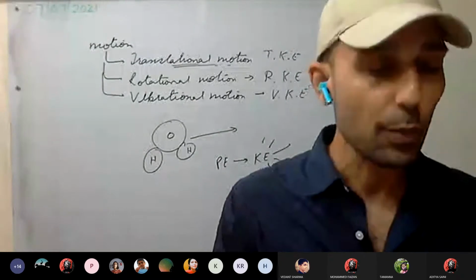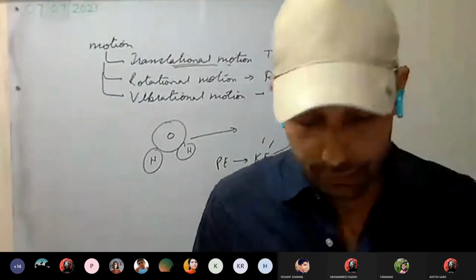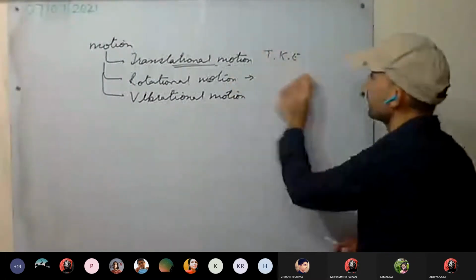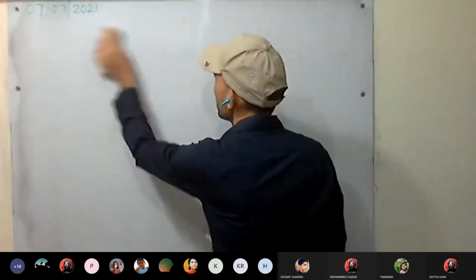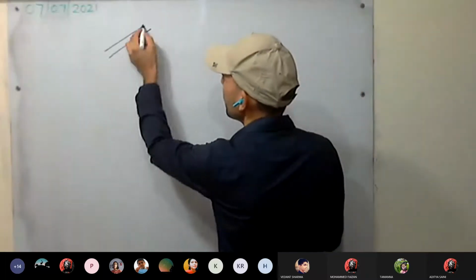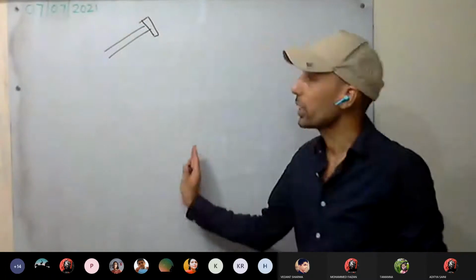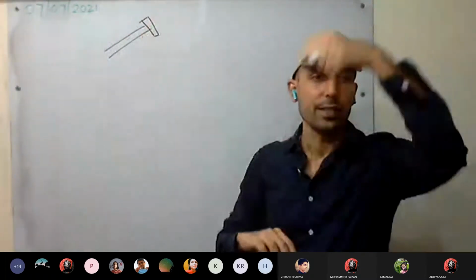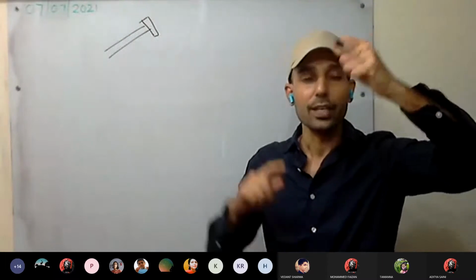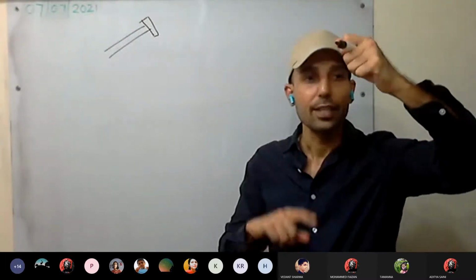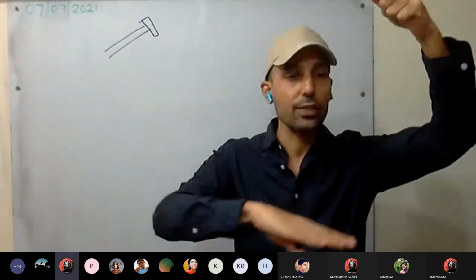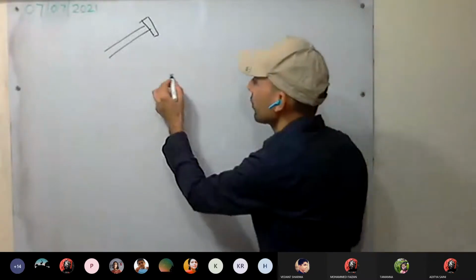Now, conversion of potential energy into kinetic energy. A few examples are given here. For example, a hammer. When you raise the hammer, which kind of energy will it have? Raising the hammer, it will have potential energy. Now, as it starts to move back down, its potential energy is getting converted into kinetic energy. See here, we have the nail,